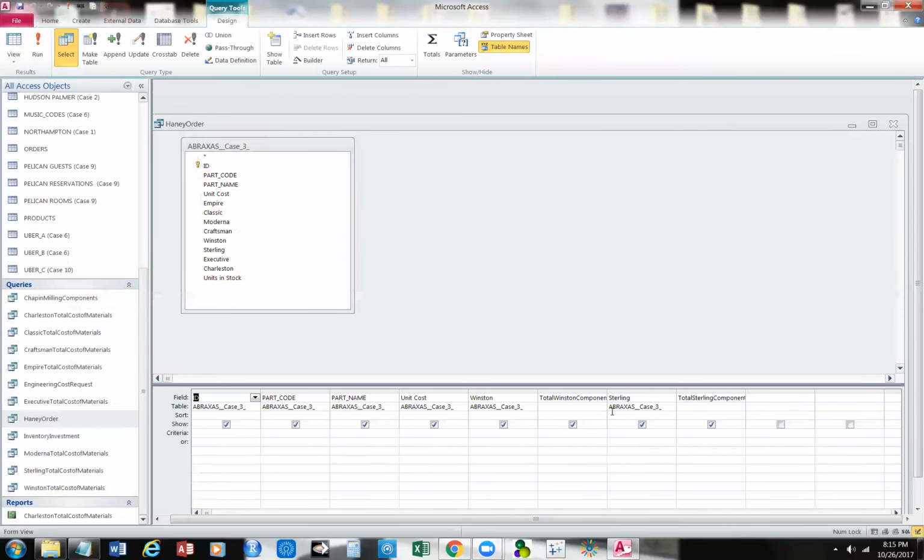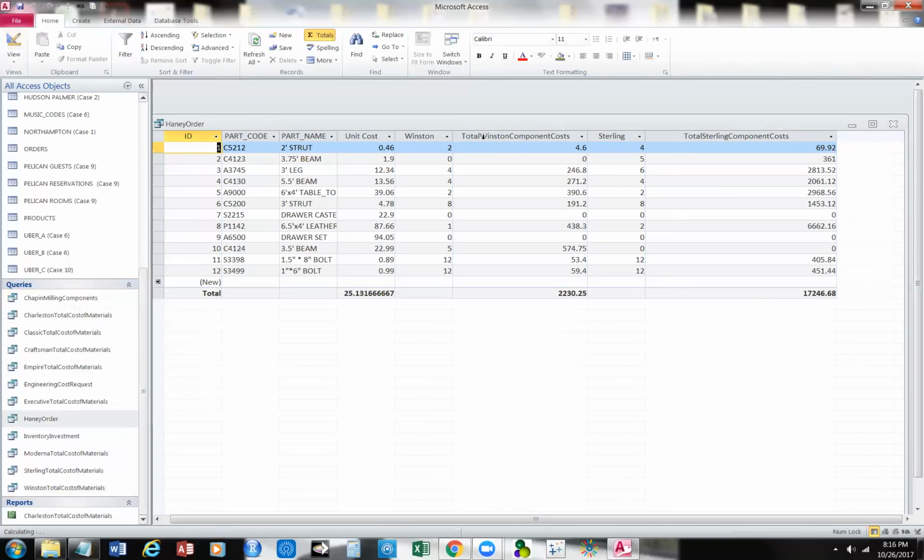Now you're going to notice that on the total Winston, it's total Winston cost is the unit cost times Winston times 5, because we're going to make 5 of the Winston tables. Now here with Sterling, we're going to make 38 tables. Okay, so I'm just kind of reviewing what we did, and then we just simply use the totals above for a viewing process. Okay, now so we've done all the tasks there that they've asked us to, 1 through 5,